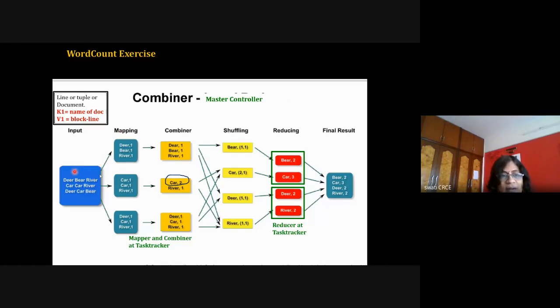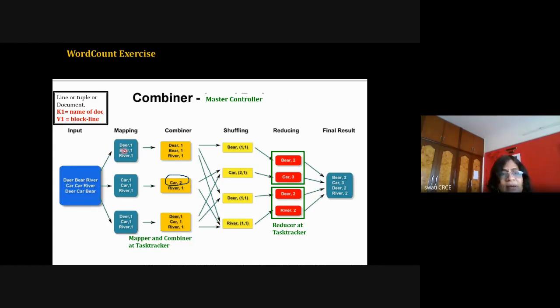In this diagram, the first line, the first block, is given to this mapper. Now this mapper is acting on this line, and it is separating all the words onto new lines. It is extracting the first word, and by default it is giving the value as 1. This is the intermediate key value pair generated by the mapper. This is given as input to the mapper, and the mapper has created this output: it has taken the first line and extracted every word from the line. Doing this in Python is very easy.